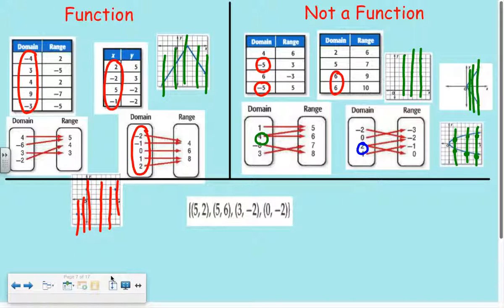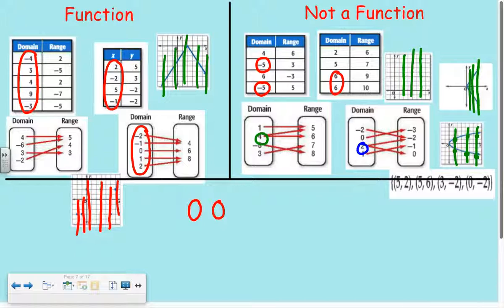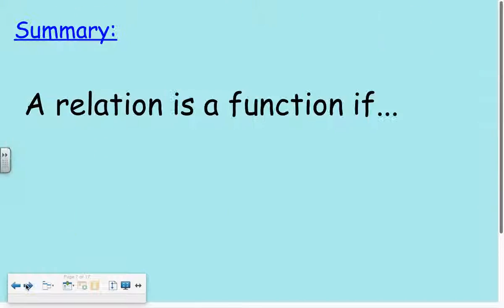Now, ordered pairs, we've got to look at our x values to determine whether or not it is a function. I've got 5, and I've got 5, so I have an x value that repeats, so that means that one is not a function, because that 5 repeated. A relation is a function if